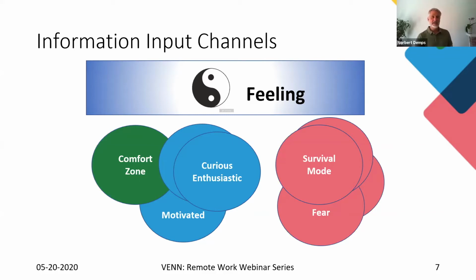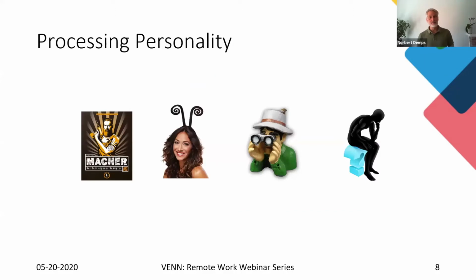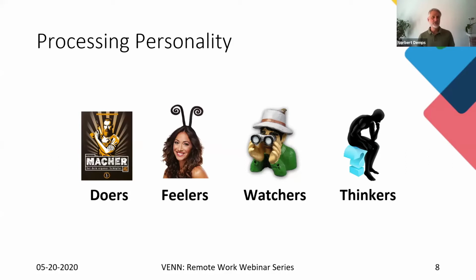Now, that's one part of it, the ways we get information in, but we're also human beings. So we are different people, we are different personalities. And from my background as a sports coach, we like to talk about four easy-to-put-out personalities. So you have this doer who just jumps immediately on everything he wants to do, tries it out and fails. No worry, try it again, try something else. So really not scared about anything. You can communicate much, much easier to someone who doesn't take everything as a threat immediately and goes